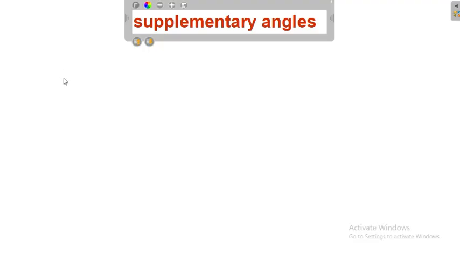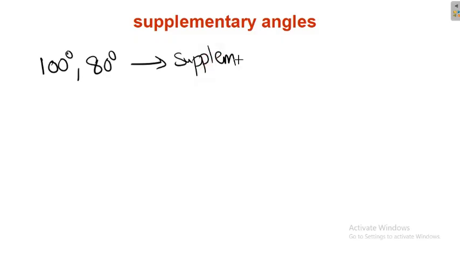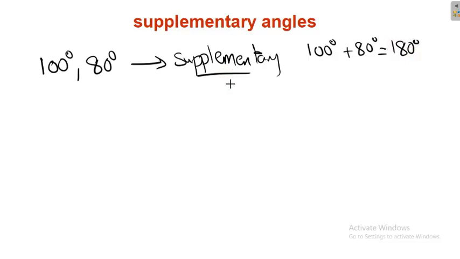So if we have two angles, 100 and 80 degrees, their measures are called supplementary. Why? Because 100 plus 80 equals 180, and supplementary means that the sum of the measures is 180. Okay,